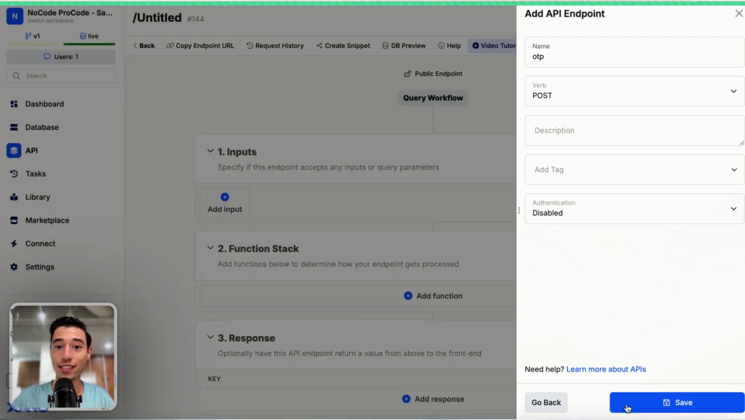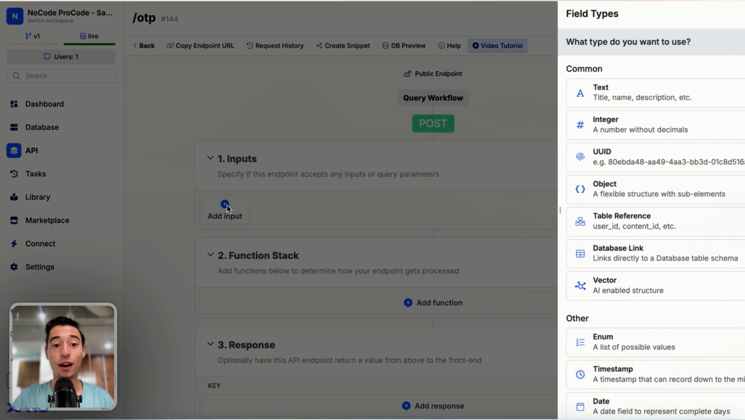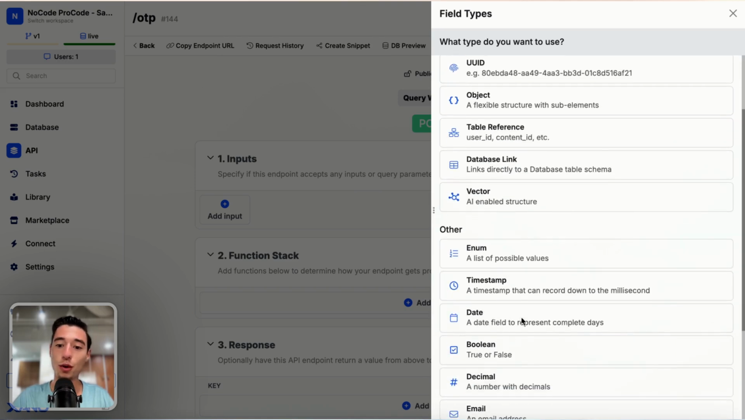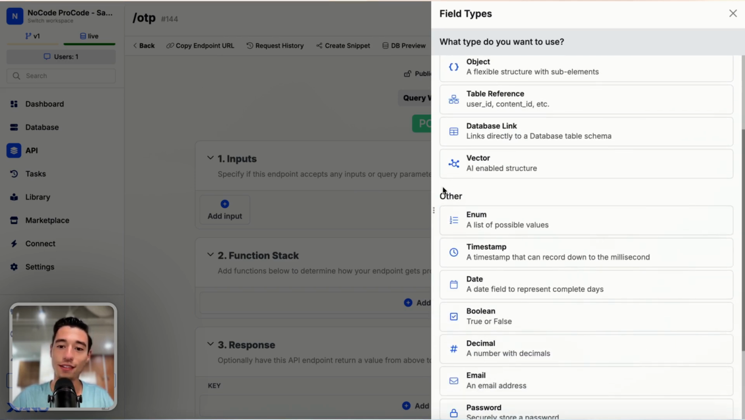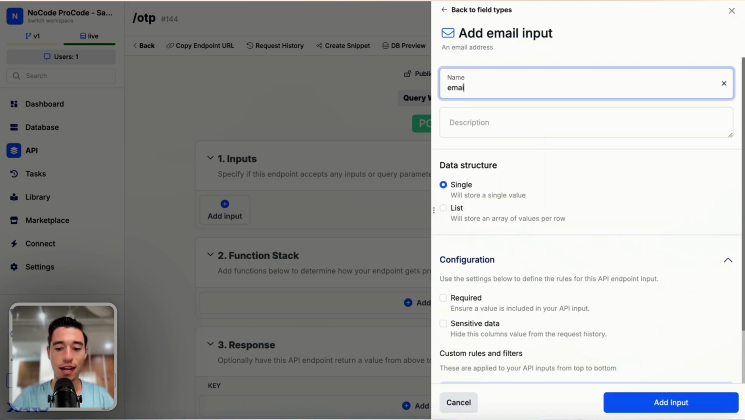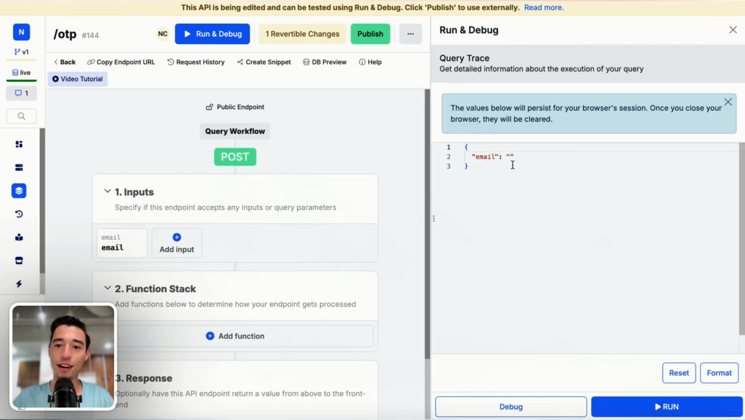Now we're going to click on save, and after that we want to add an input to our API flow so that we can receive data and work with it. On the input part, I'm going to go to email. We find this under other in Xano, and we click on email and just name this email. Now let's add an input, and we can just type in an email, hey at